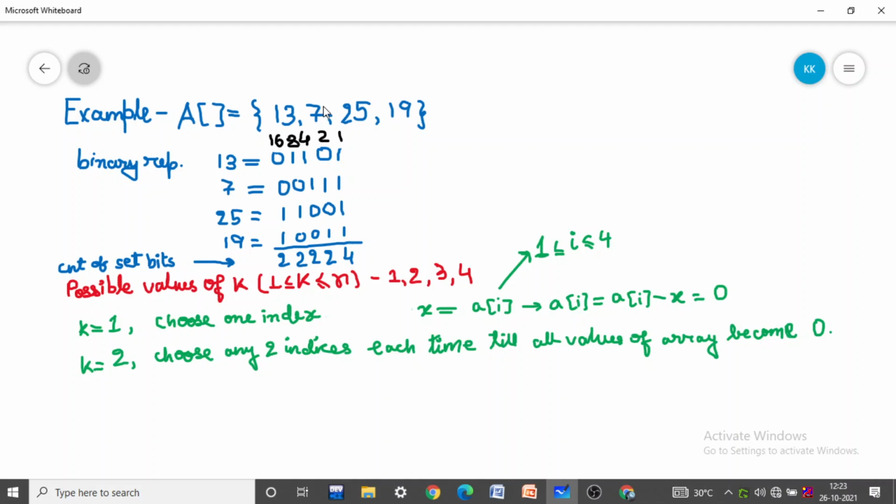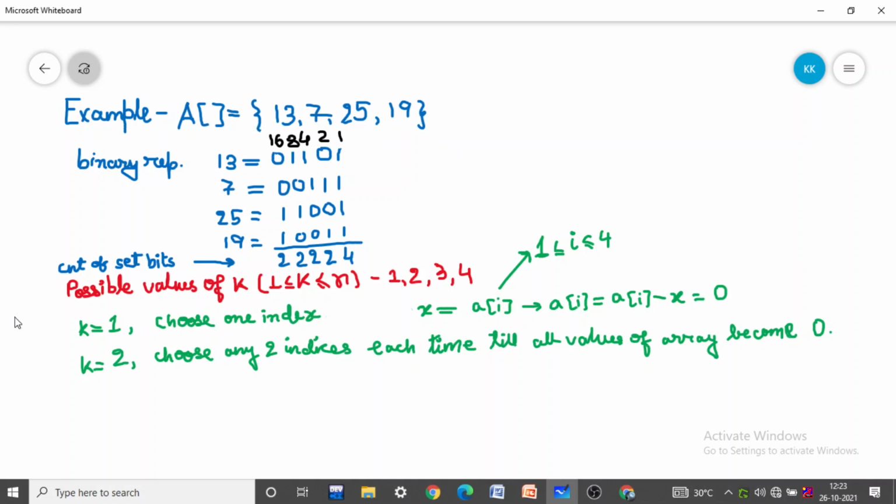Similarly, for the second index it will become 0. For the third, x will become 25, and subtracting 25 from 25 it becomes 0 again. So in 4 operations, when k equals 1, we can make all of the elements of the array equal to 0.